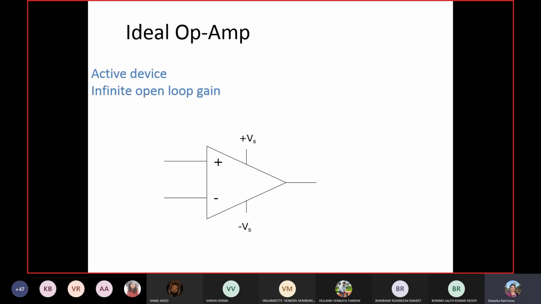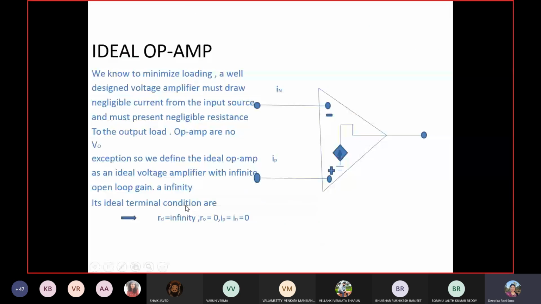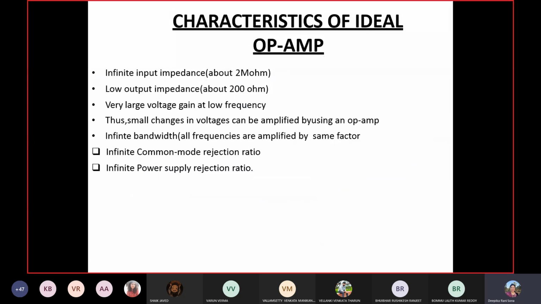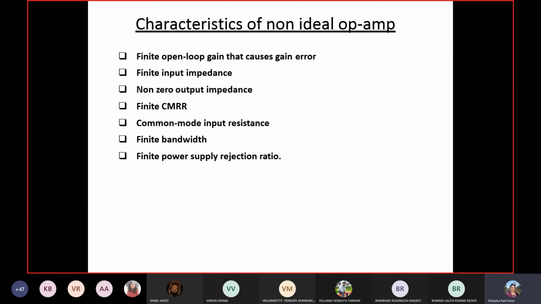One more thing I will represent, guys, for the ideal op-amp. As we have seen, the current cannot pass through the op-amp because we have a very high input resistance, of the order of infinity, so we say that the input current towards the op-amp is 0. Suppose I label this term, I can draw it somewhere else and tell you.